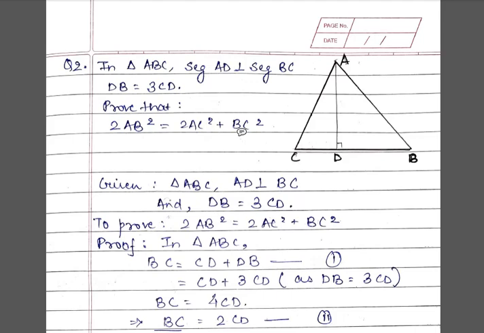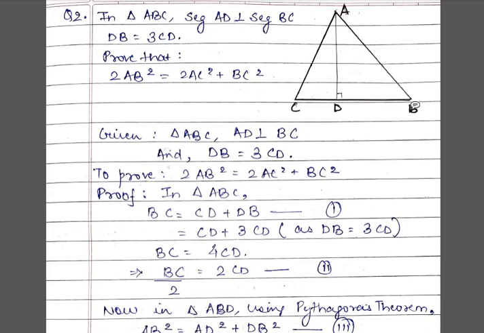Now this is a little complicated question and I would ask you to follow the steps that I am saying one by one. Okay, make sure you keep on writing by pausing the video also. Now it is given that DB is 3 times of CD. If I consider triangle ABC, first thing, अगर मुझे BC चाहिए तो BC के लिए I can add CD and DB. दोनों को ऐड करने से मुझे BC ही मिलेगा, right? But it is also given that DB is 3 times of CD. तो DB की जगह पे मैंने 3 CD लिख दिया. So I have CD plus 3 CD. टोटल कितना हो गया? 4 CD. So I got that BC is equal to 4 CD.